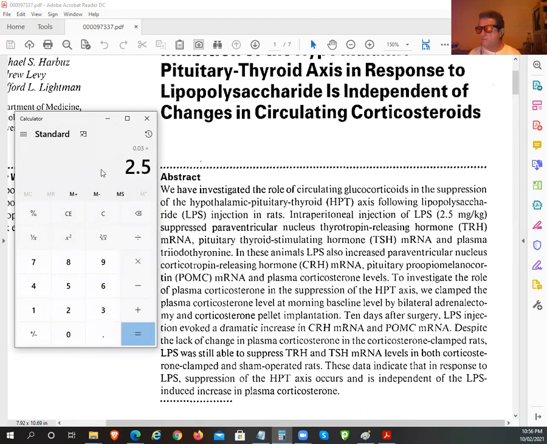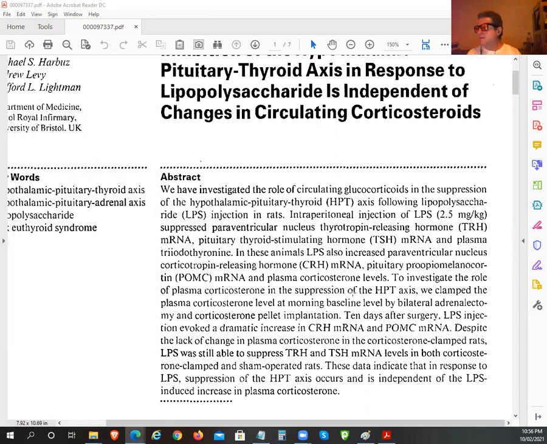Times 2.5, so we're looking at basically 0.075 grams, so 75 micrograms, okay? So basically they've injected 75 micrograms of LPS,